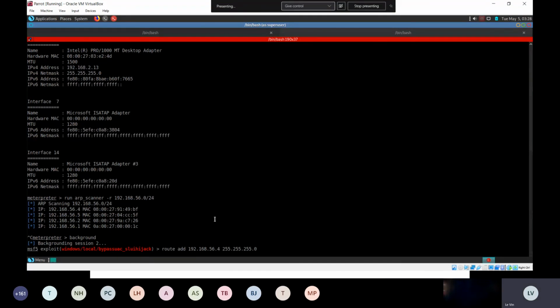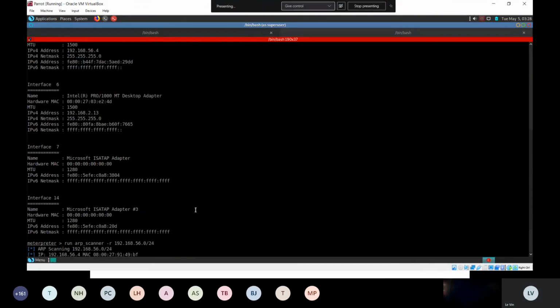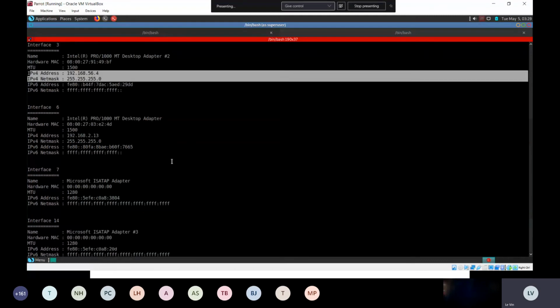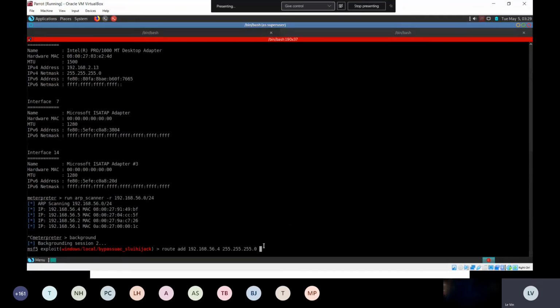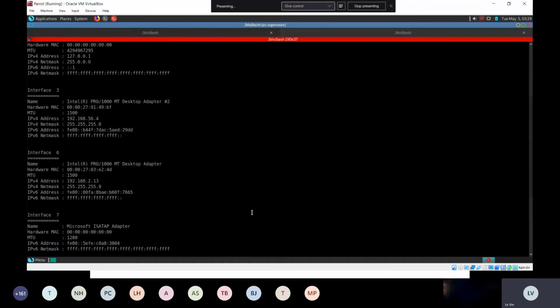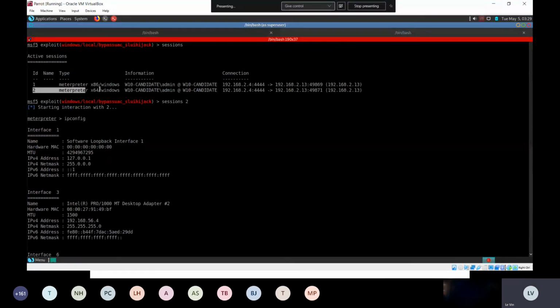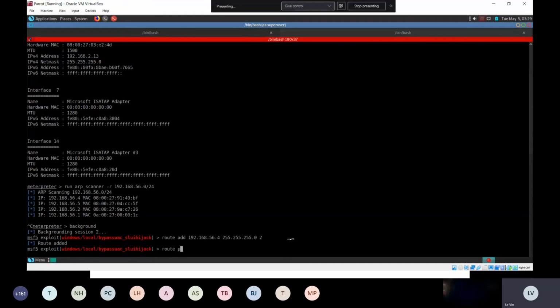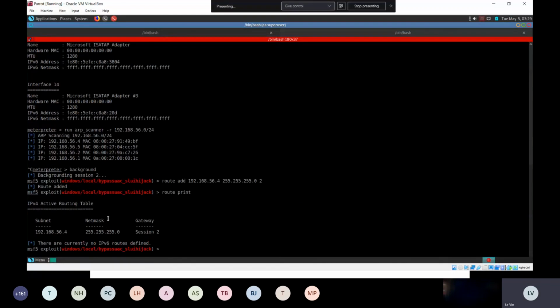This information, I got it from here: the IP address and the net mask. I will bind it to session 2, because the session that I'm currently using is session 2. So I'm going to bind this route to my second session, and if I check again, I have the routing already. So right now, what I'm going to do next is use another scanner tool